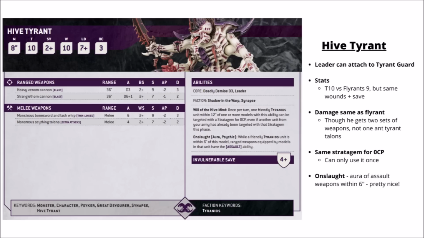Otherwise, for his walking counterpart, really quite a lot of his stats are the same. Interestingly, rather than having a big durability boost compared with the winged one, he only really gets the extra pip of toughness. They both have the 2+ save and 10 wounds. Otherwise, no enormous changes compared with him and the Flyrant. Obviously he moves a bit slower, and the only other major thing that he gets is he swaps out Paroxysm